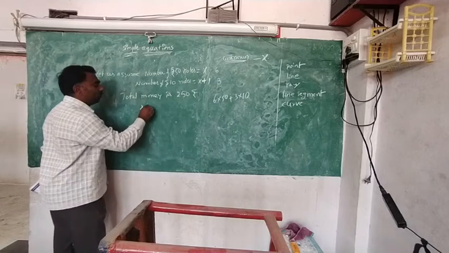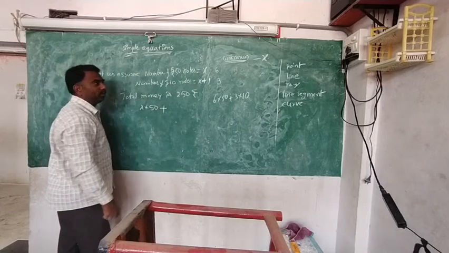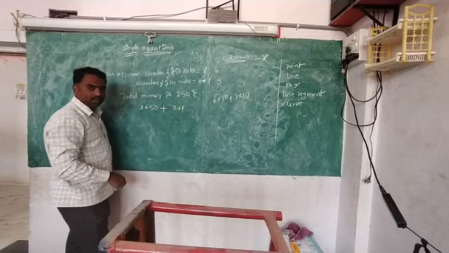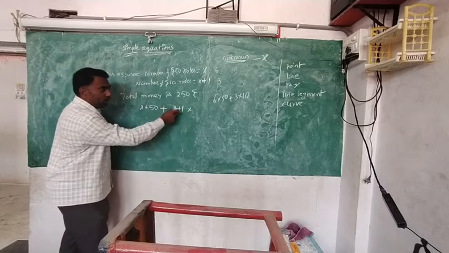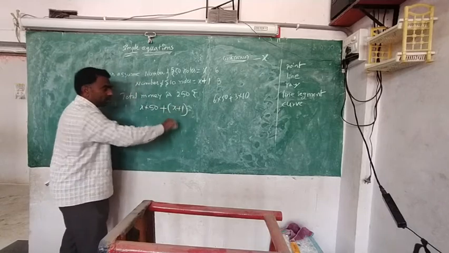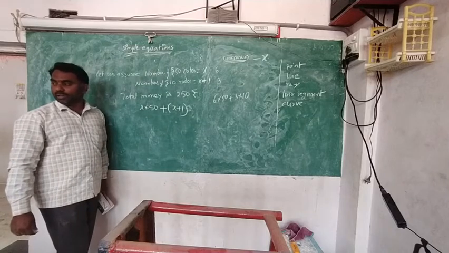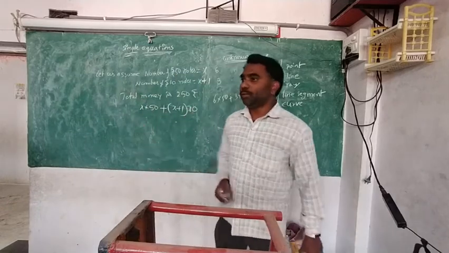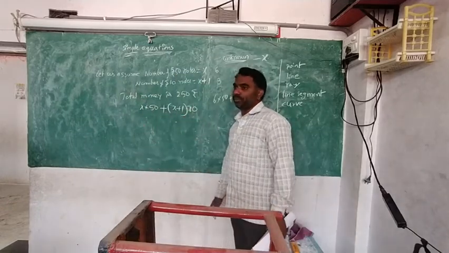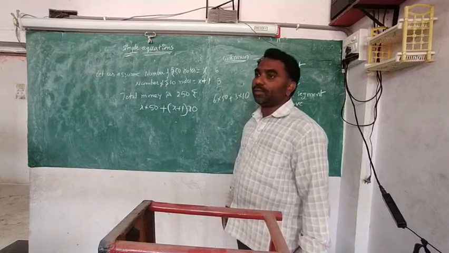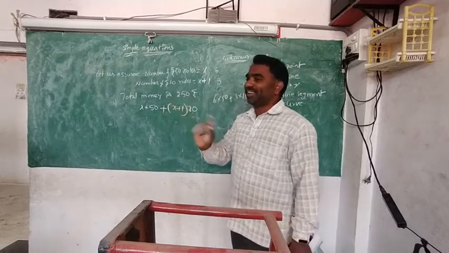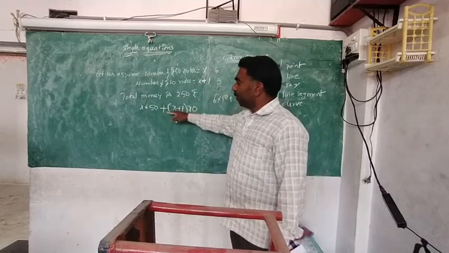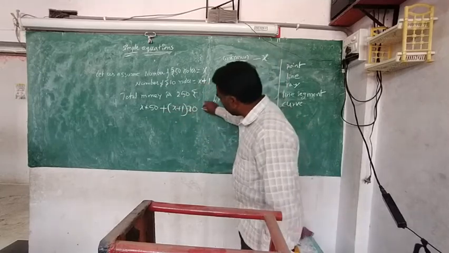So what should we do? X into 50 plus, for the 10 rupee notes, X plus 1, into 10. Here it is not only one, more is there. That's why bracket, into 10. When only one number is multiplying, it is directly into. When more are multiplying, you need a bracket. I think you understand what mistake you have done. Before, we were adding notes. It is not correct. Money we have to add. So X into 50 plus (X plus 1) into 10 is equal to 250.